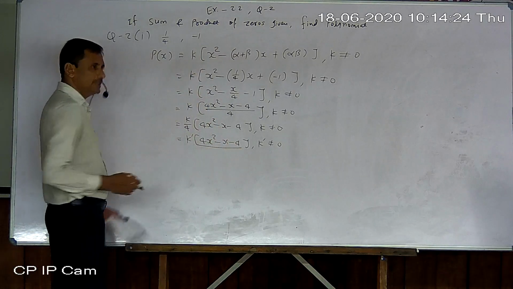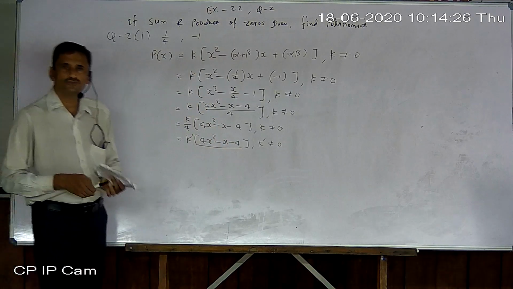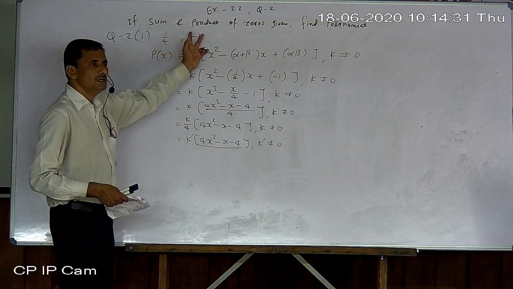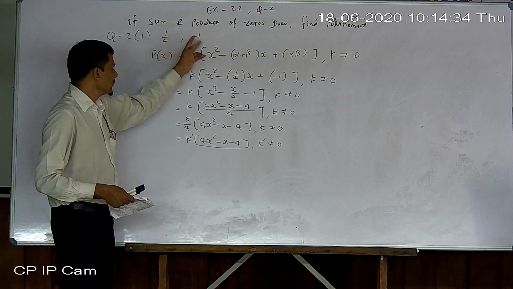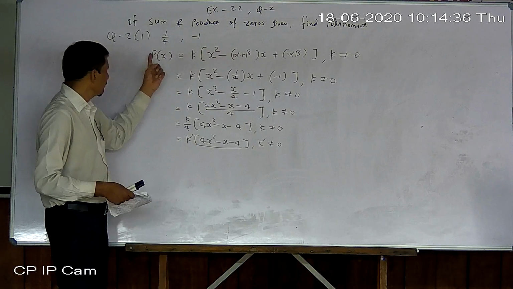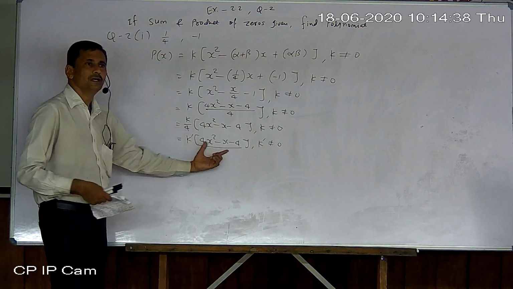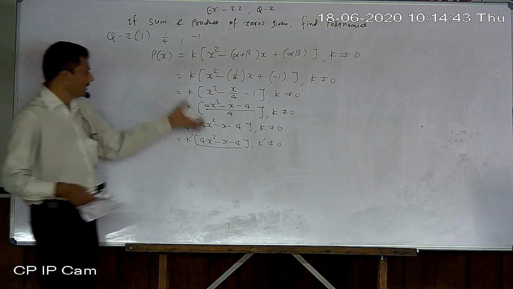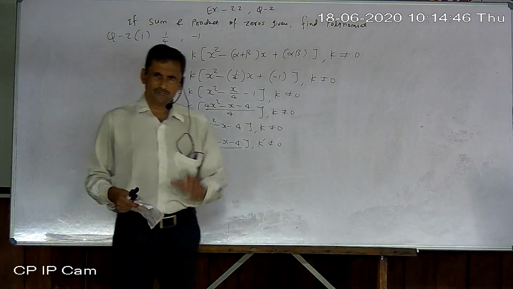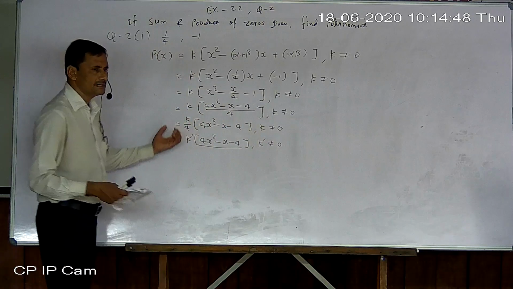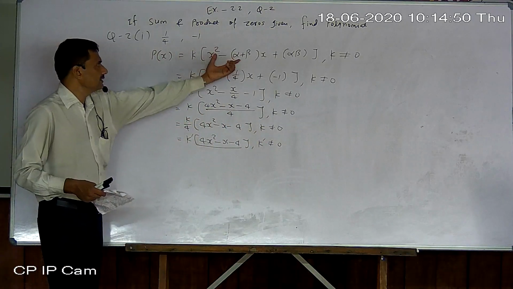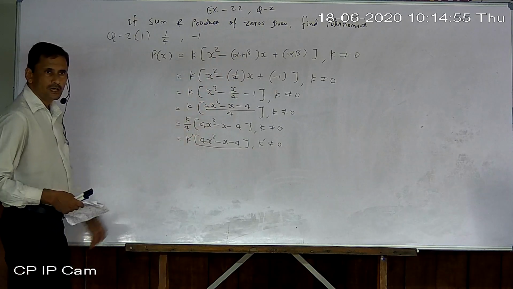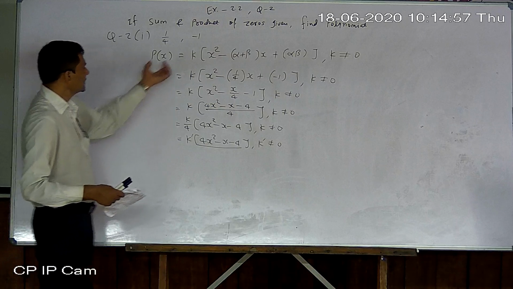So every time in the whole question, you have to find the polynomial in x if the sum of zeros and product of zeros are given, then finding the polynomial in x is done this way only. Okay. In the textbook it is found some other way also, but I think this is more convenient and simple. Just remember this equation. So again, a quick revision of this one.